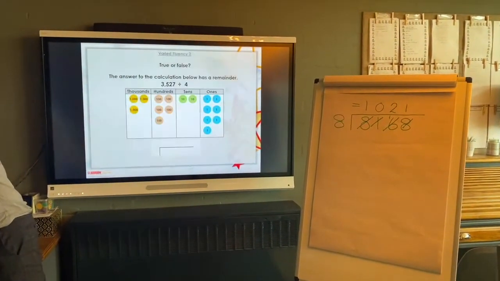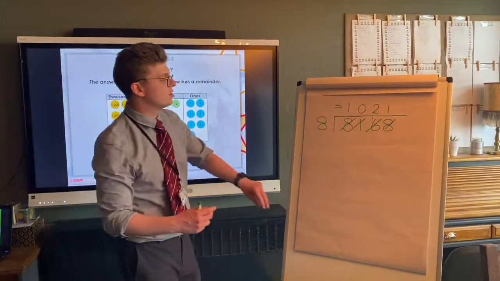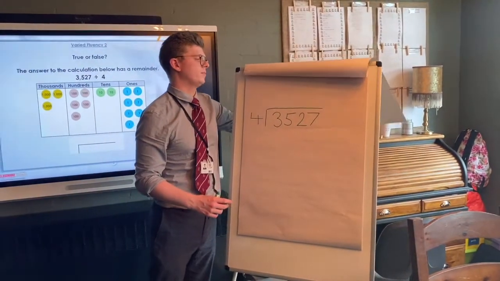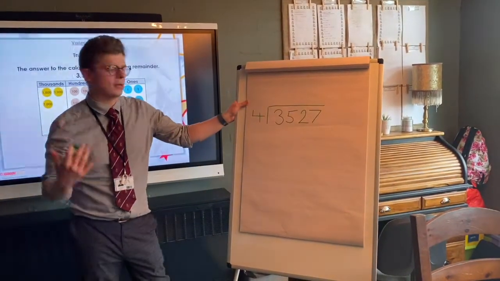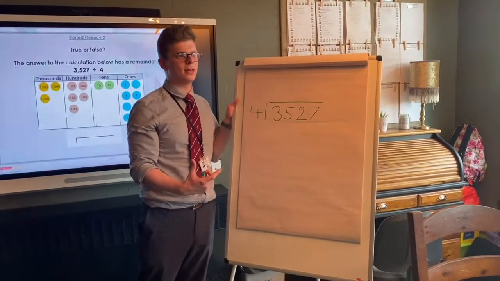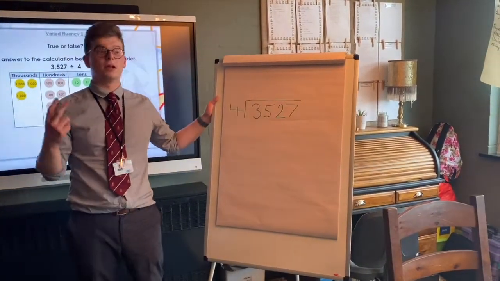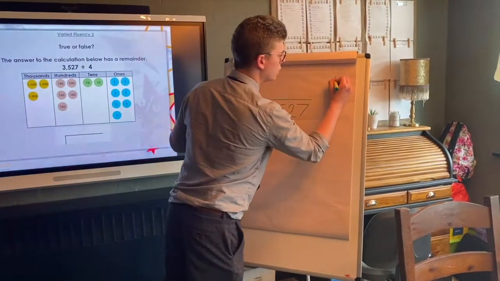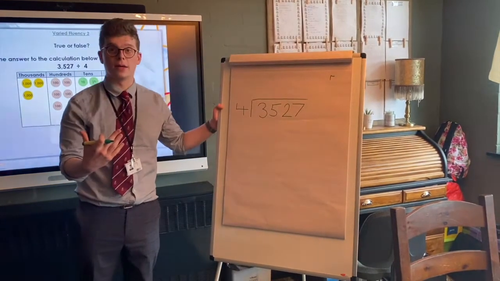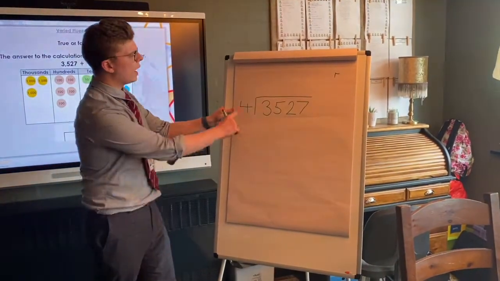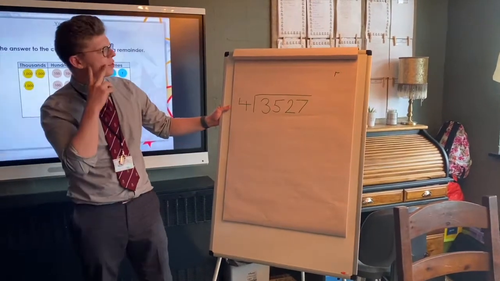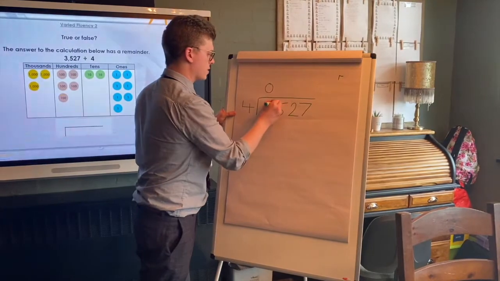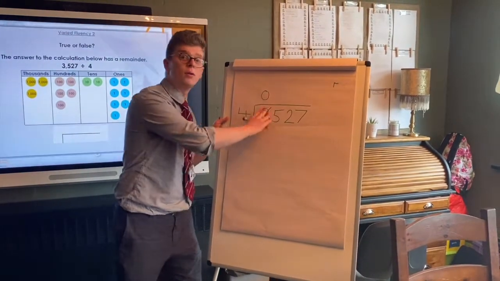Now, final question. This is doing long division with remainders. Now, when we're using remainders, it's the same technique, except we are going to have some numbers left over or remaining. So we need to use a little r for remainder. Let me show you now. How many times does 4 go into 3? 3 is too small, it doesn't go in there at all. So I'd write a 0, cross out my 3, and remember, can't just ignore it, we've got to carry it